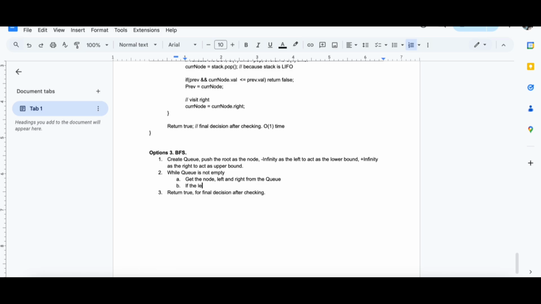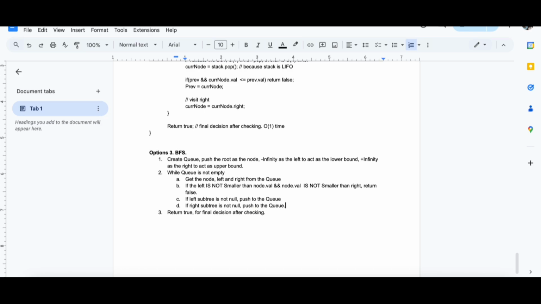If the left is not smaller than node value and node value is not smaller than right, we return false. That means it's an invalid BST, right? If left subtree is not null, push to the queue. If right subtree is not null, push to the queue.